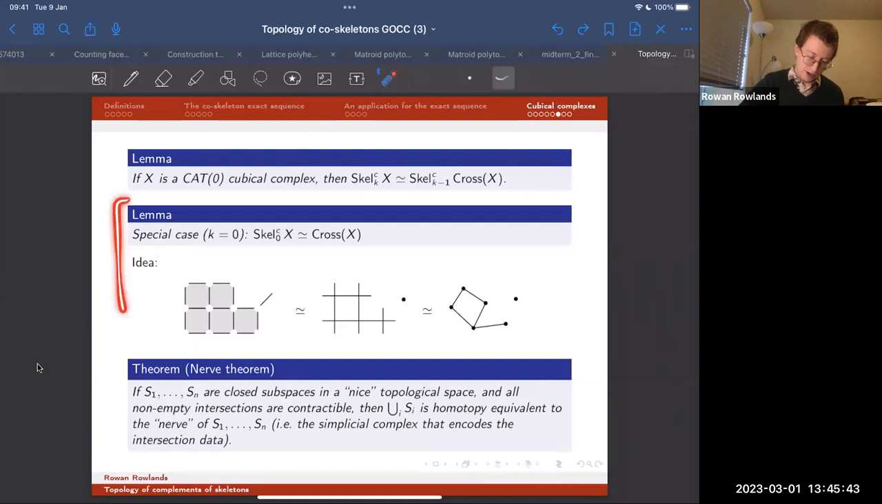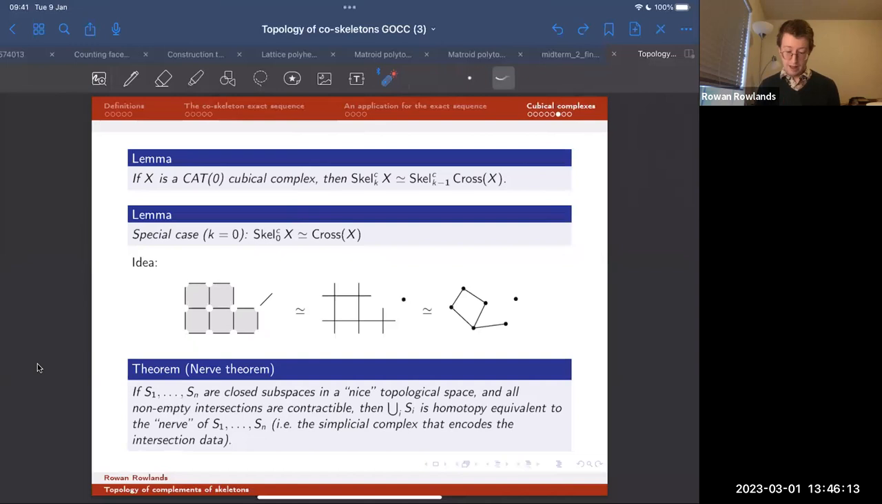I can give you an idea for a special case of this lemma, which is the case where k equals 0. So if k equals 0, this lemma says that the 0th co-skeleton of the cat zero cubical complex is homotopy equivalent to the -1th co-skeleton of the crossing complex, which is just that crossing complex itself topologically. And the idea for why this is true is kind of a two-step idea. First of all, if you take the cubical complex and take its 0th co-skeleton, so that's the complex with the